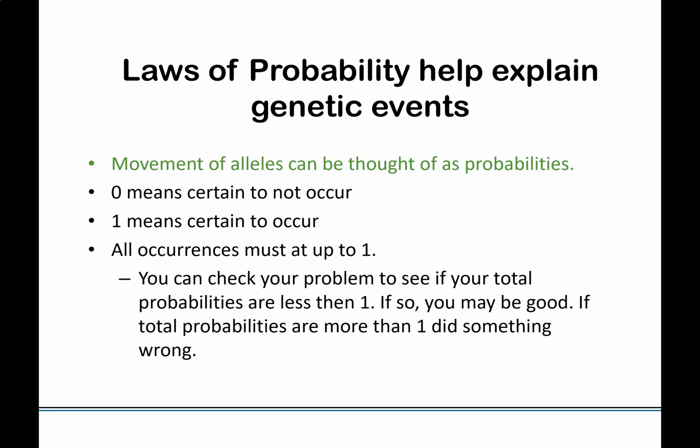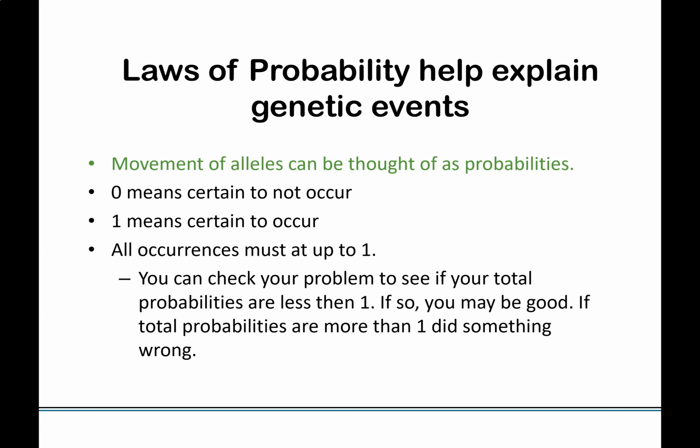So a probability of 0 means that it cannot occur. A probability of 1 means that it will occur. Everything in between is just the likelihood that it will happen. So if you think about it this way, let's say you flip a coin 10 times. You know that there's a 50% chance that you'll get heads and a 50% chance that you'll get tails. And the more that you do, the more likely you're going to get that 50-50 ratio. But there's always a chance that if you flip it 10 times, you might get 7 heads. And so even though the overall probability is 50-50, sometimes that doesn't happen.